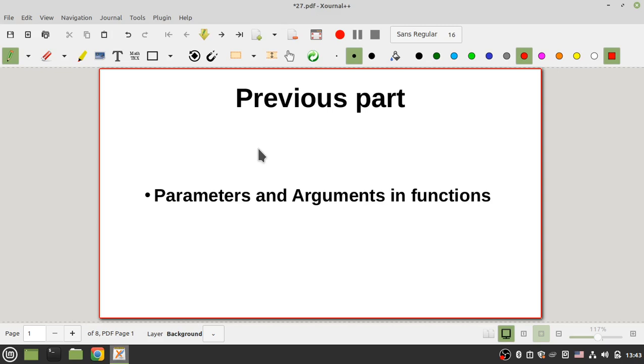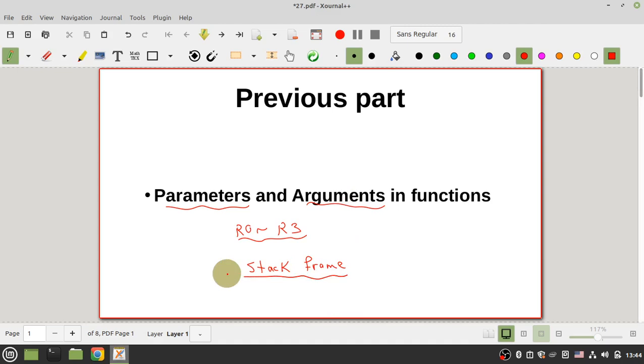In the previous part, I talked about arguments and parameters in functions, the differences between them, and how your compiler sends an argument to your function, with registers R0 to R3 from your register bank in your processor, and the stack frame or activation record in your memory. You can send some of your arguments in a portion of your stack frame to your function. But